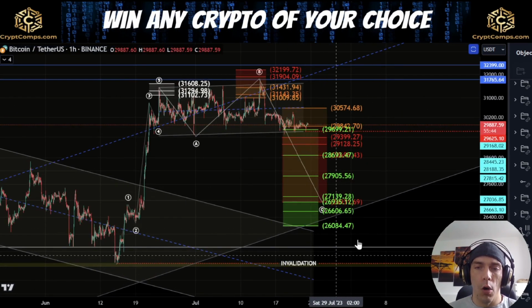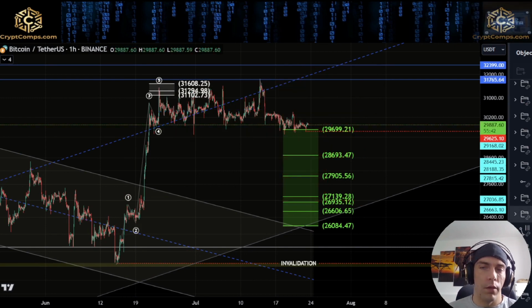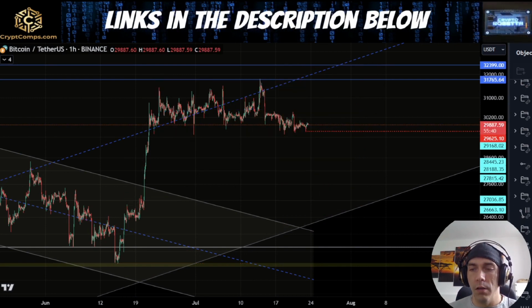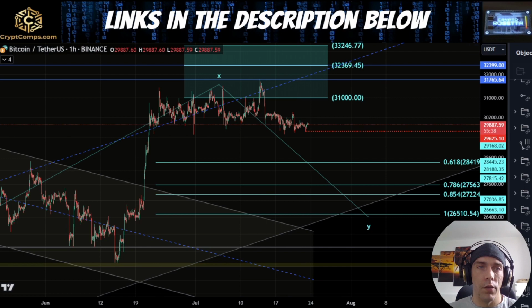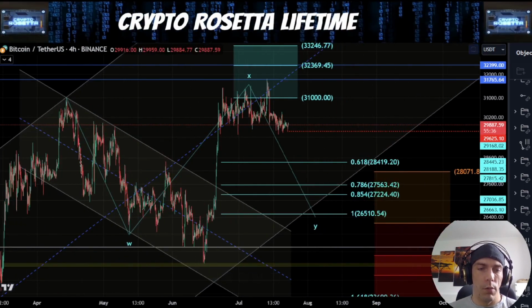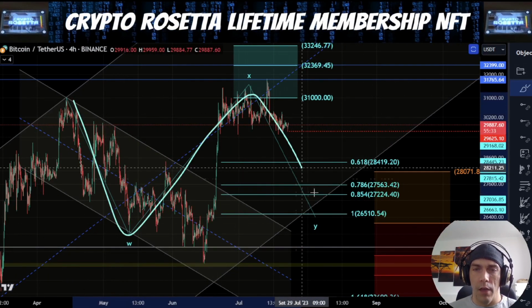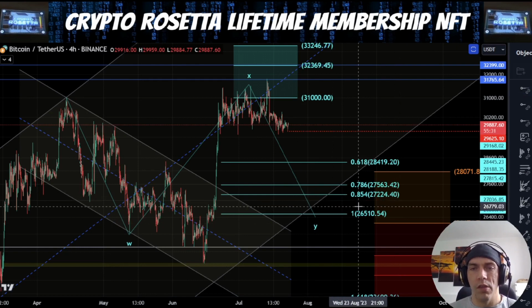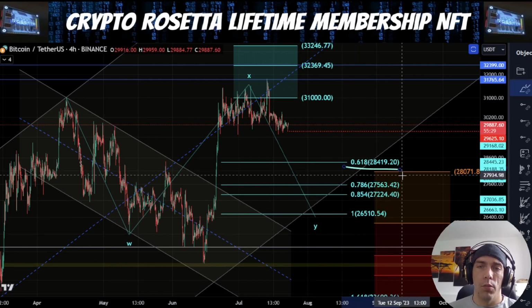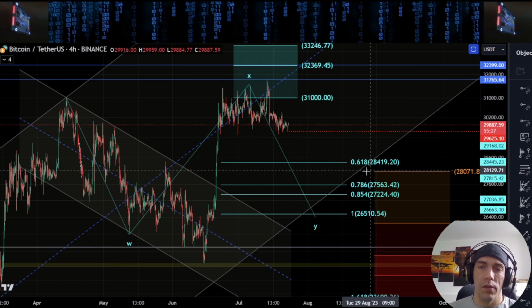So if we fail to hold this level, effectively we know that this is no longer the case, and we probably are looking more at this idea of our corrective structure, where we have this as a bigger W, an X, and a Y. One-to-one target is this 26,510, 0.618. Our minimum requirement is sitting here towards this